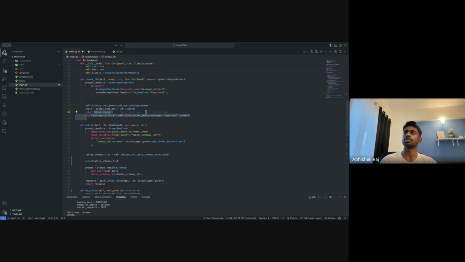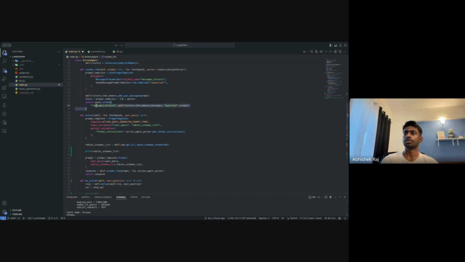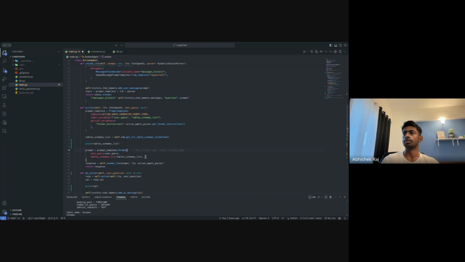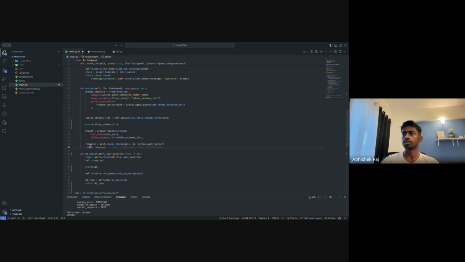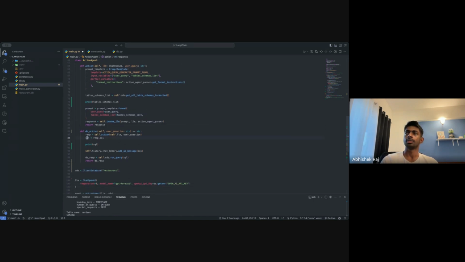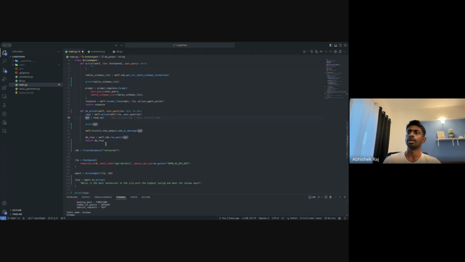This syntax is from Langchain. It returns an object because we have parsed it as an object, and we are just getting the SQL response and printing it.